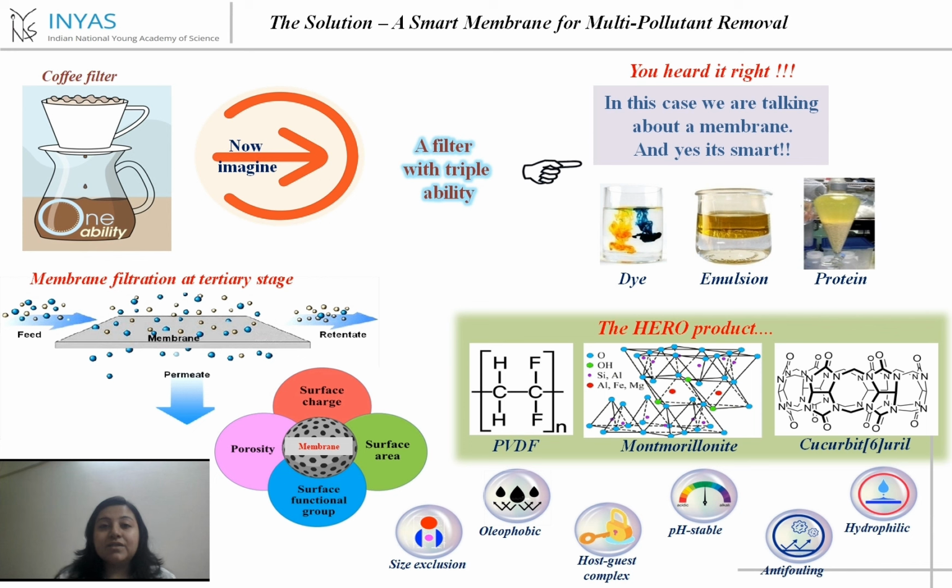Due to this, it helps in the repulsion of the anionic dyes and also protein molecules, which are very huge in size. Therefore, we see that there is a single solution which can help in removal of three problems at a membrane filtration stage. However, the primary and the secondary stages can be complemented with this so that fouling can be prevented.